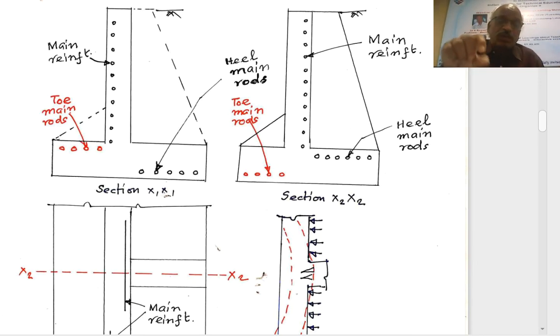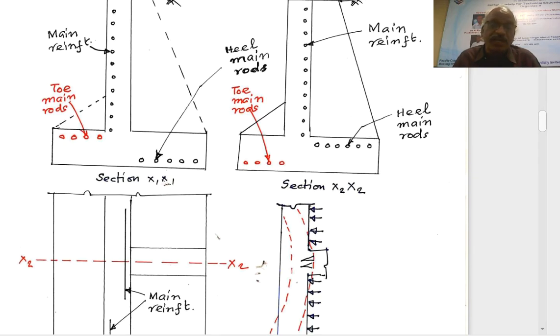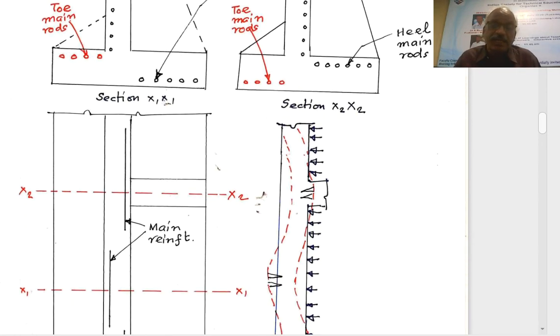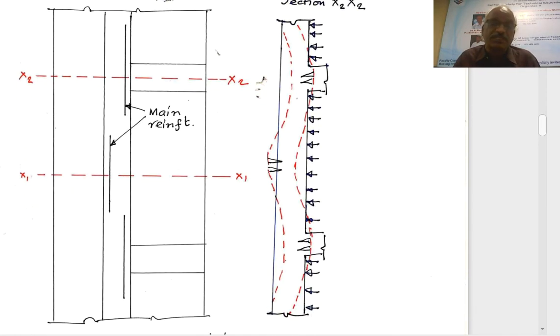So now you look at only the reinforcement for the upright slab. Now to make things more clear, forget about heel main rods and toe main rods, that we will discuss later. We have already discussed this is the lateral pressure that is transferred on the upright slab, its behavior as a horizontal continuous slab, and also the location of the tensile cracks. This is what I have discussed about the figure on the right hand side.